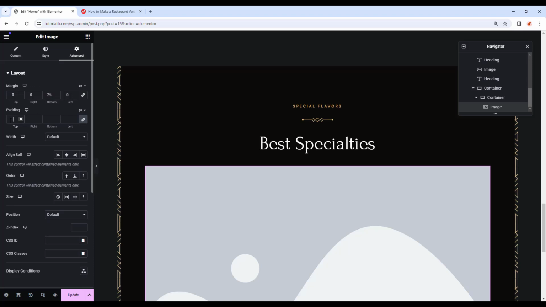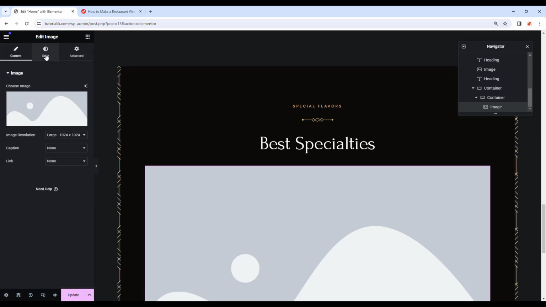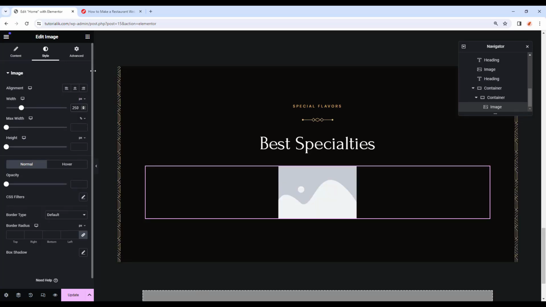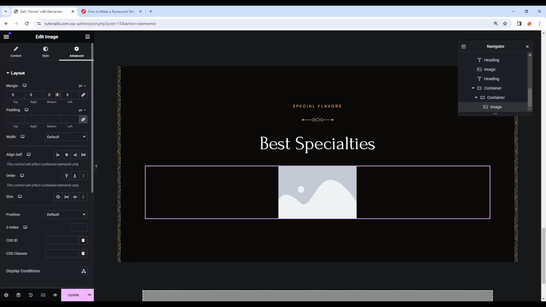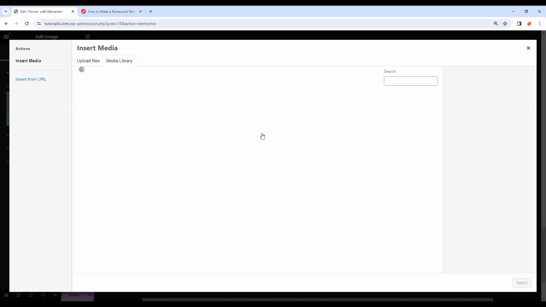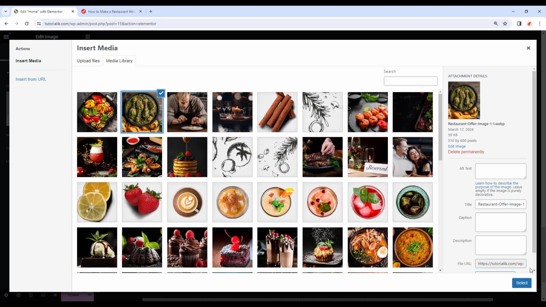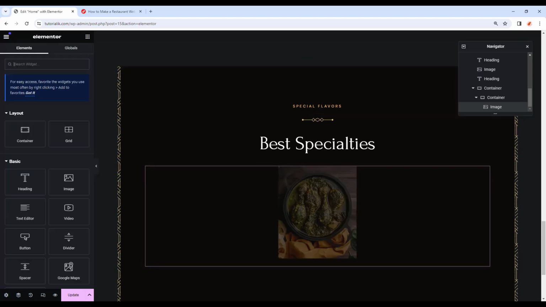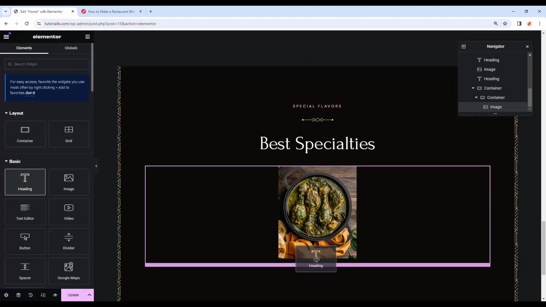Then I'm gonna make the padding 0. Then I'm gonna make this image 250 pixels. Then margin, I'm gonna add 25 pixels on the bottom, and also padding, I'm gonna make it 0. Then I'm gonna select the image. I'm gonna choose this one for the first one, and after that I'm gonna add a heading after this image,